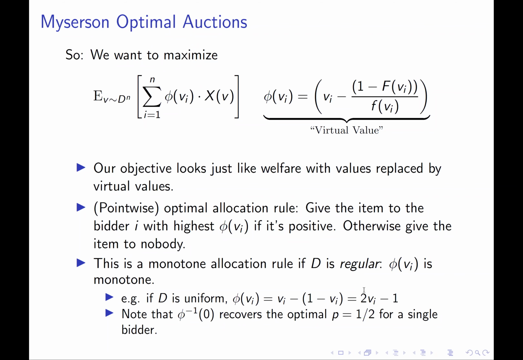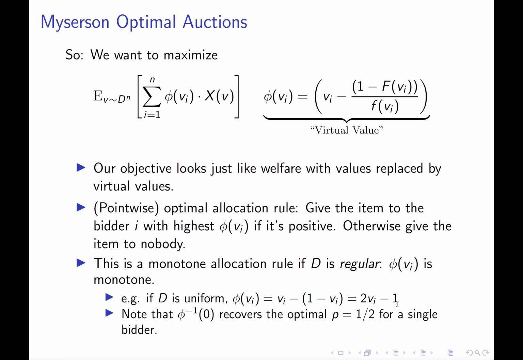And for the uniform distribution, your virtual valuation is just twice your bid minus 1. And that is non-negative exactly when your bid is higher than 1/2. And so the allocation rule is just going to be that we give the item to the bidder if their valuation is higher than 1/2. And of course, the payment rule we have to use there is we have to charge them exactly $0.50 whenever we give them the item. Okay, and so we have recovered the optimal mechanism in this special case